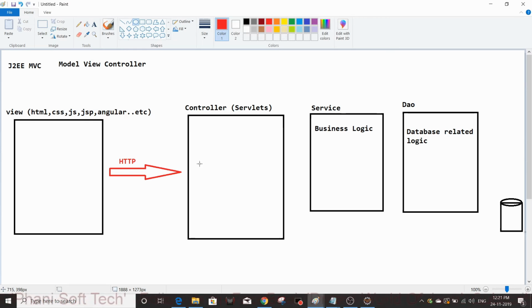That object we call a form object. The form object is not required actually; if it is required, then only we can use it. You just get the data and make it an object.